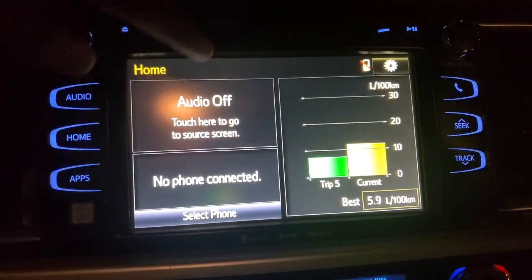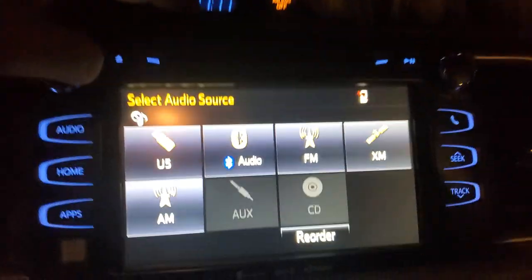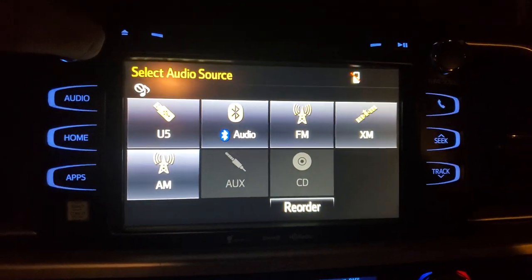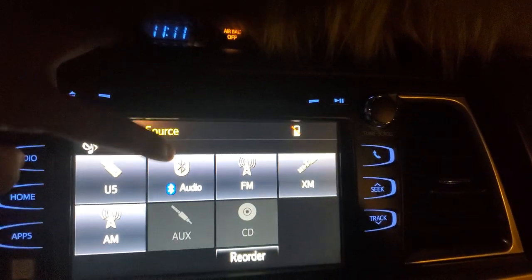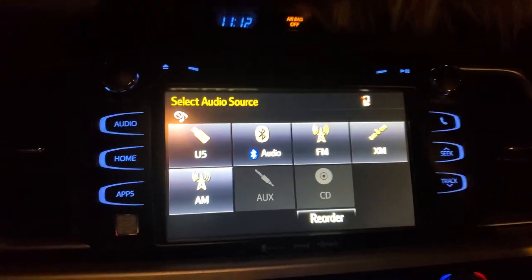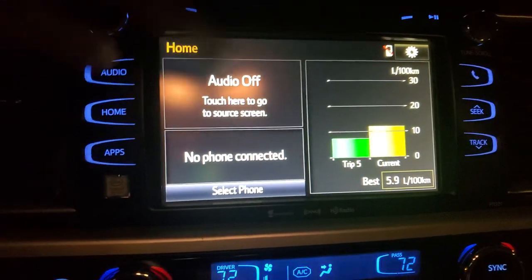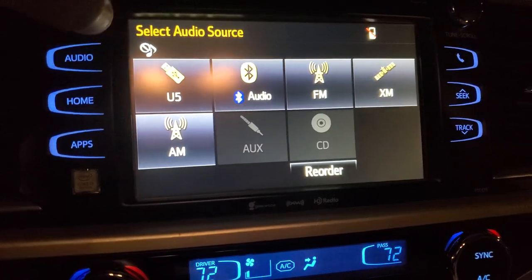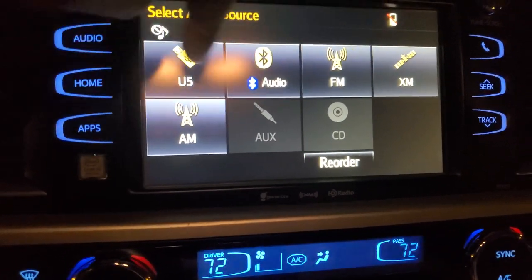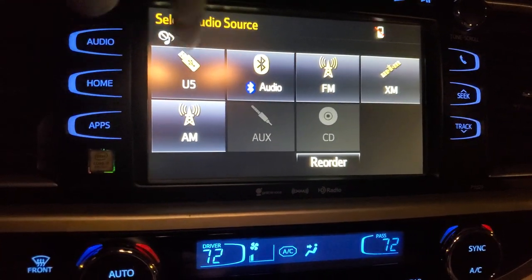On the home screen, if you want to see the audio, or change any option here, inside the audio tab there are 1 2 3 4 5 6 7 options available. So 7 options are for all the audio options inside. There is a timer for 5 seconds. If you don't touch anything on the screen after going inside any option, then it will go back to the home screen. So right now this is for USB.